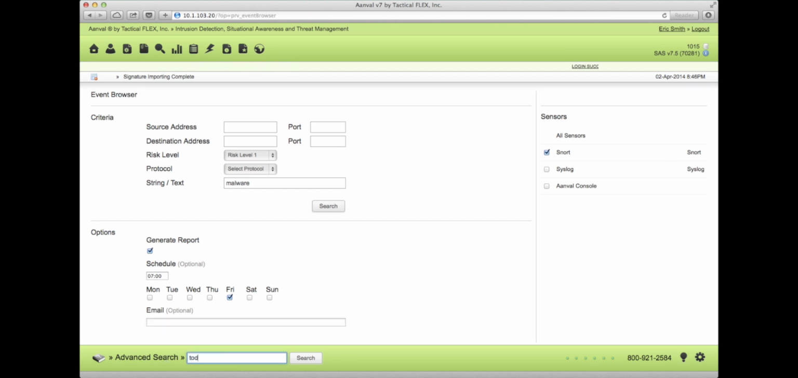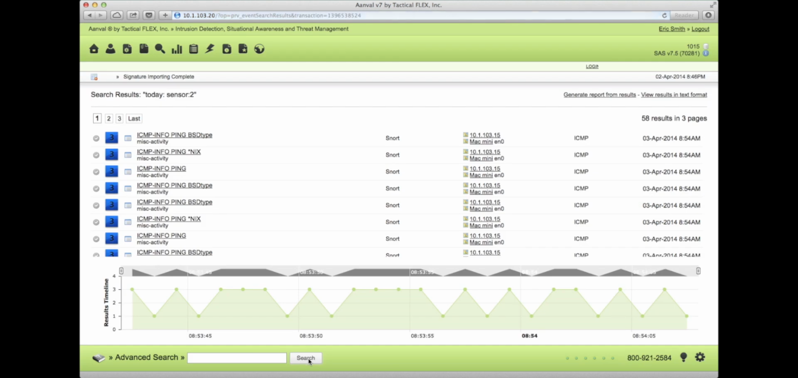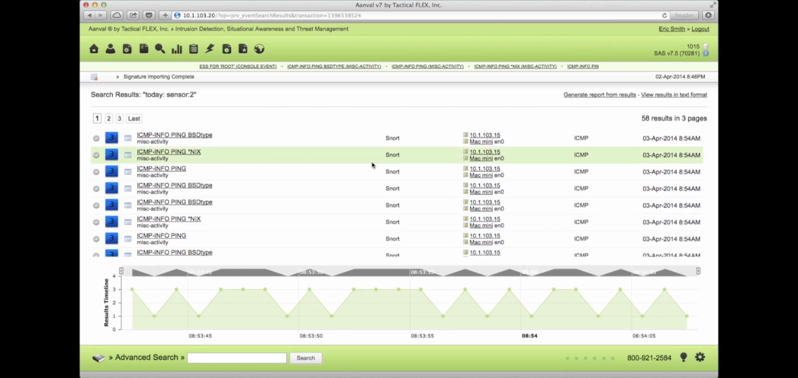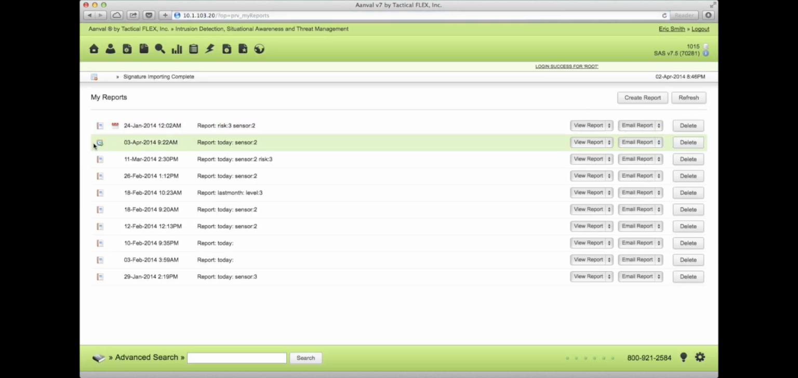For example, we can look at everything from today, from sensor 2, and that's our Snort sensor. Oh, sensor 2, there we go. And we'll just perform a search. All right. So again, I mentioned this is a test environment, so it's not too exciting, but still it's showing us how many results we have. And from this point, not only can we actually view everything that's been happening on those results, but we can then create a report from those results. It's currently queued